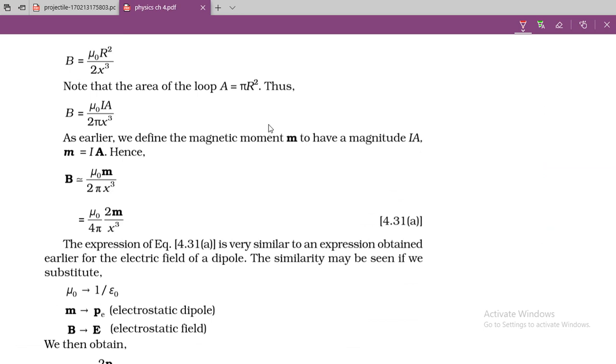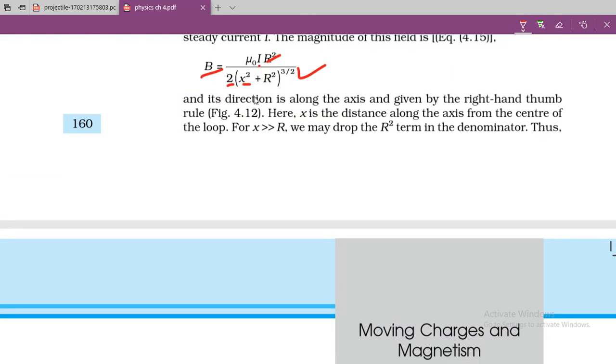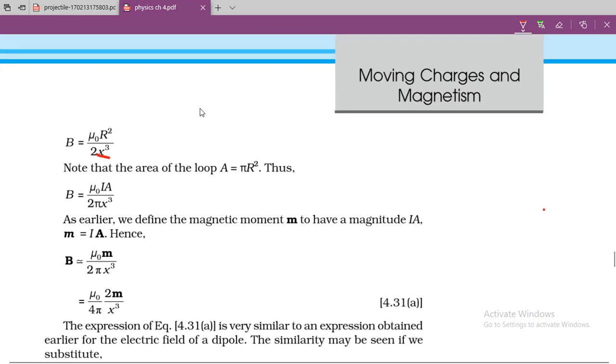If x is very large as compared to r, you can neglect r as compared to x, and you will get 2x cube, because this power is 3 by 2, so 2x cube. So this is the value actually, that is